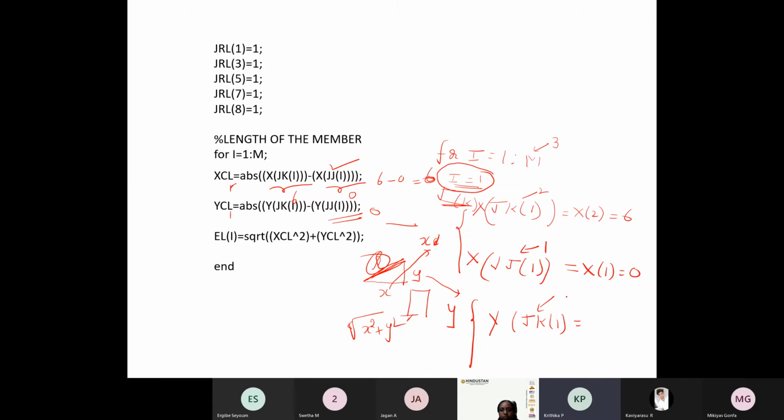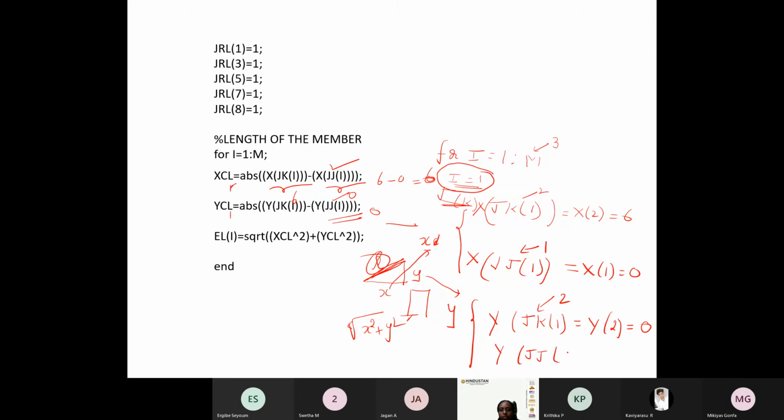2, ma'am. So here also we have written 2. So y of 2. What is y of 2? Y of 2 is equal to 0. Am I correct? 0, ma'am. Then I will move on to this value. That is y of